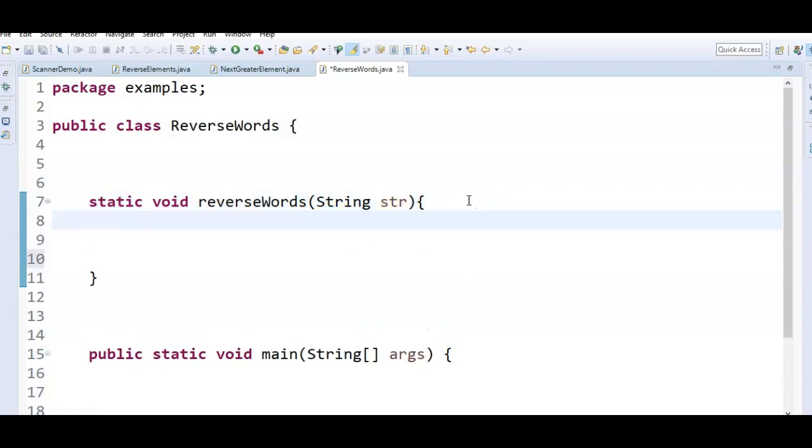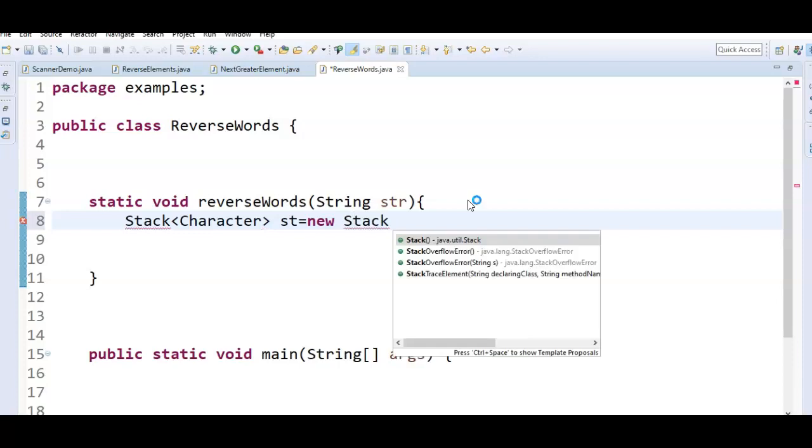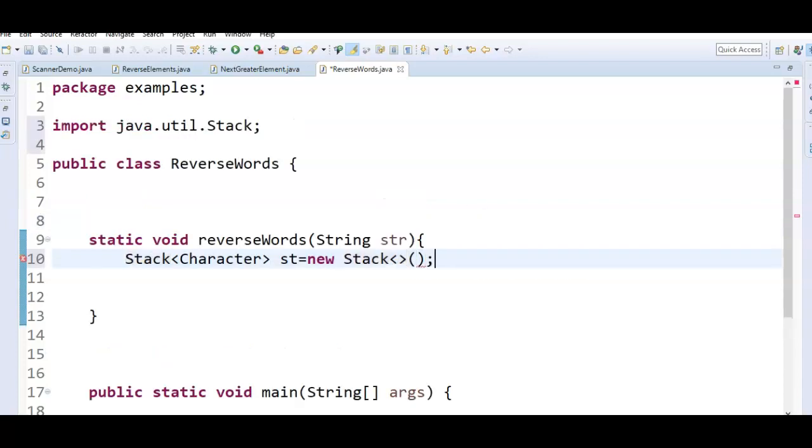Now we are going to create a stack inside this: Stack of Character, st equal to new Stack of Character.